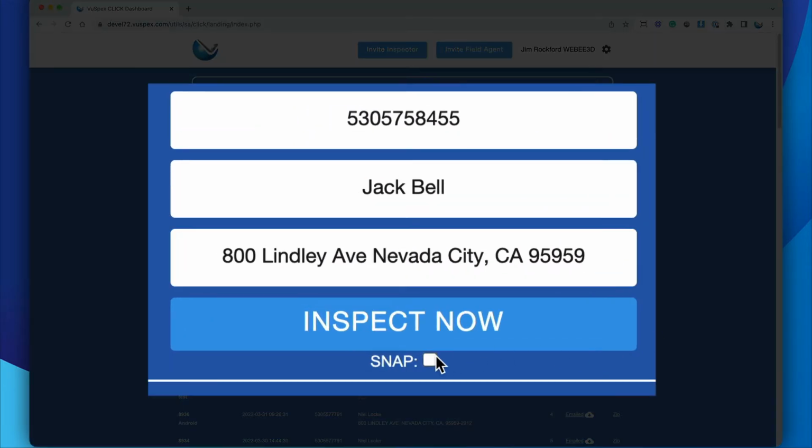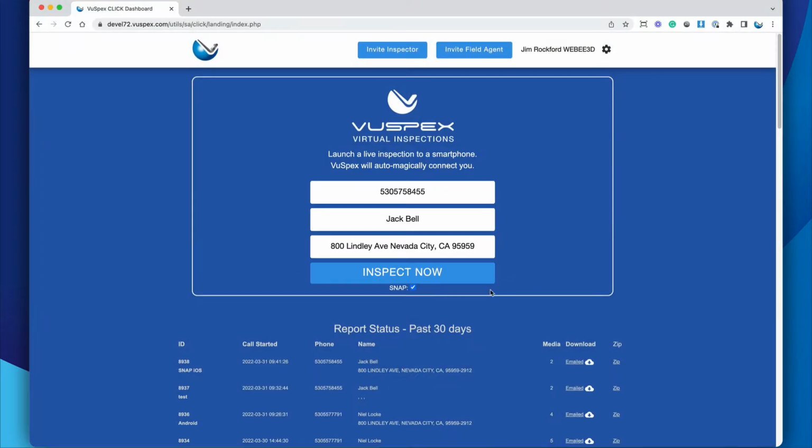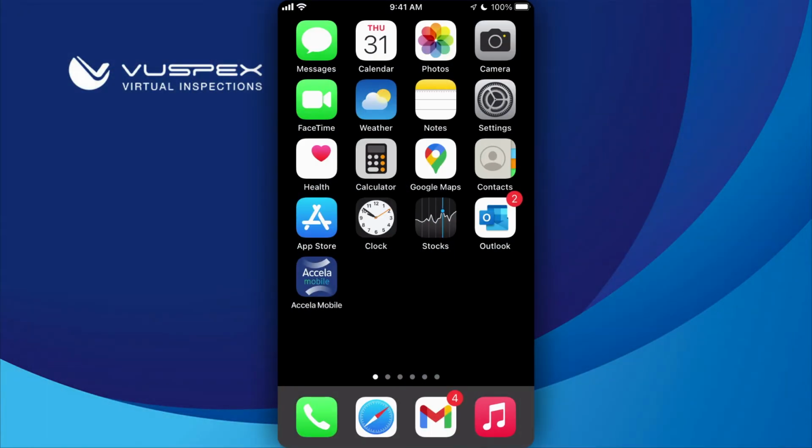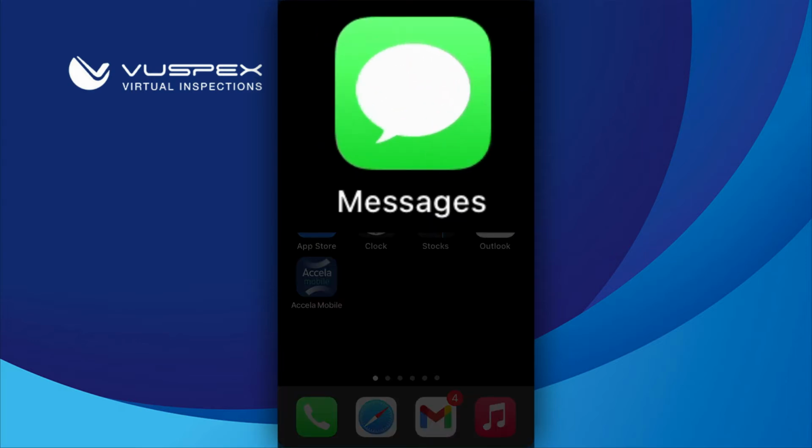And then I'm going to click this little button here that says Snap for now. We'll work on making that a little bit better. It's just a kind of proof of concept right now. We'll hit Inspect Now. I'm going to put in a test record, so I'll call this Snap iOS, because I'm doing it on my iPhone, and hit OK. So the person at the job site, that we call the field agent, gets